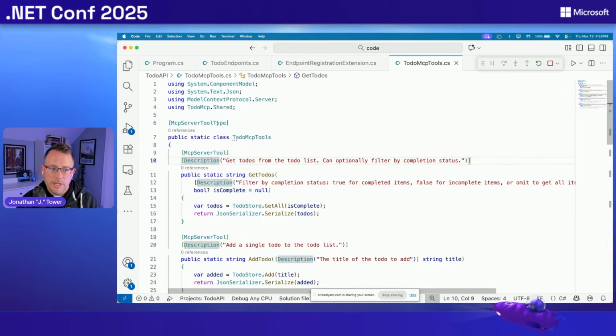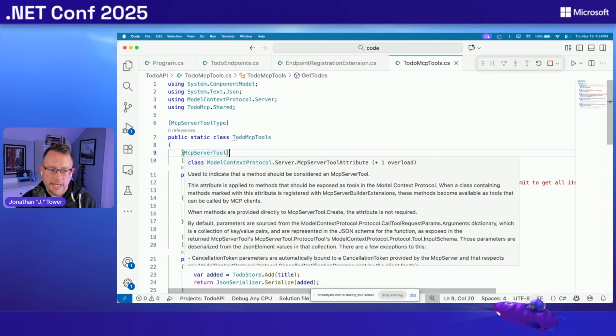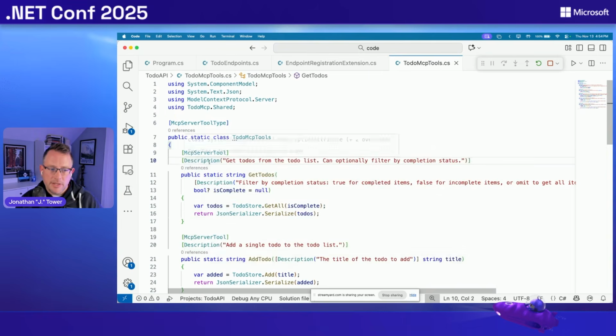What each of these do is, first of all, this tells the logic that's scanning through here that this class has tools defined in it. And then each of these methods is a tool and it's being marked that way. These descriptions are also really important. This is actually how the LLM interprets what these particular tools do and what data needs to be passed into them and what data will come back out of them. So the more descriptive and specific you can be in these, the better it'll work with your various large language